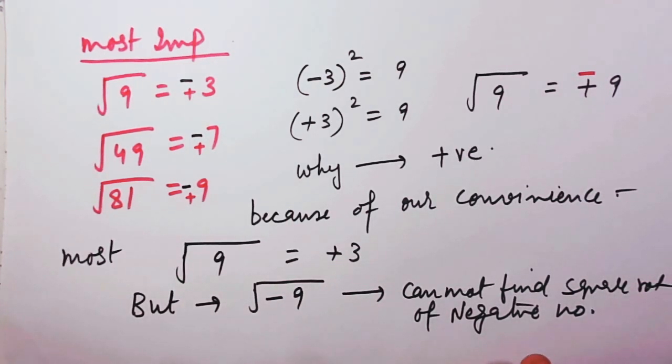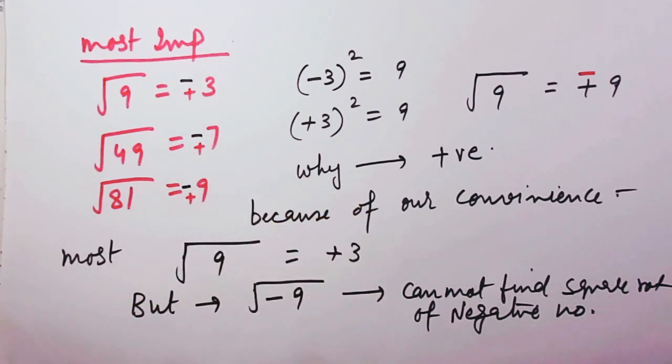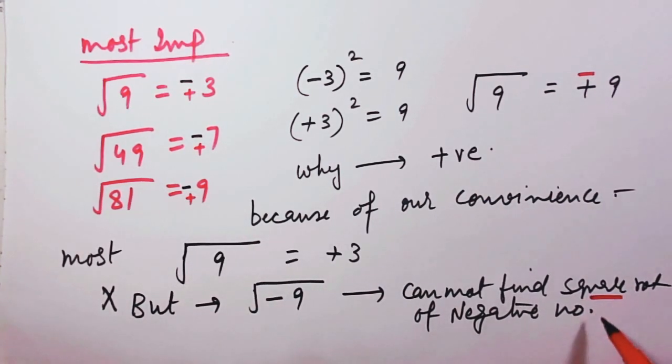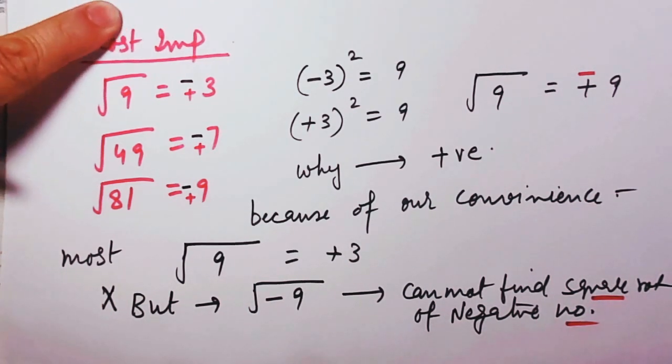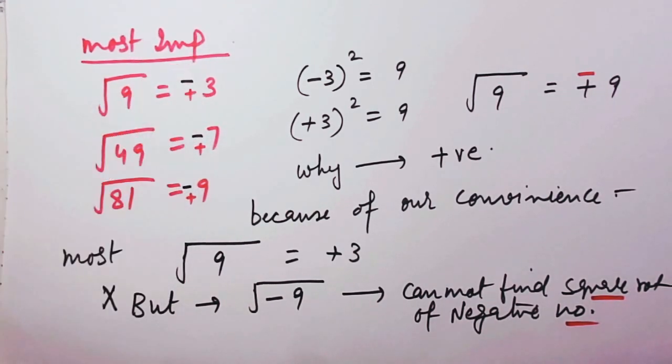Though we cannot find the value in negative form or positive form, we can find it in imaginary form. Therefore, the square root of a negative number should be neglected right now. But remember that the square root of 9 will have both negative and positive values,